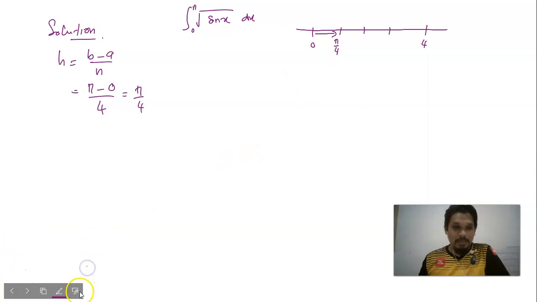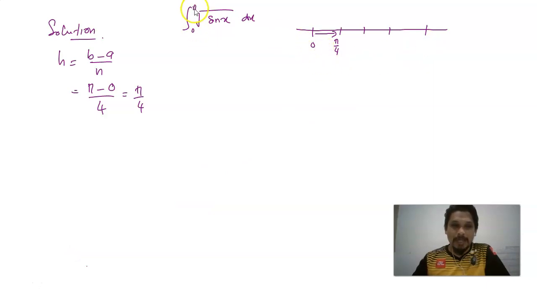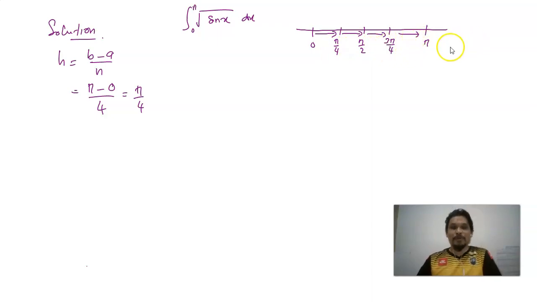Okay, I made a mistake here. It is not 4 here. It goes from 0 until pi. So from 0, plus another pi over 4 gives pi over 4, then pi over 2, adding another pi over 4 gives 3 pi over 4, and adding another pi over 4 gives 4 pi over 4, or 1 pi. Okay, sorry. Now from here again,